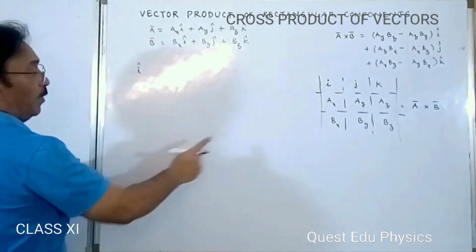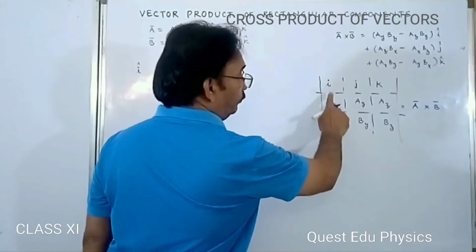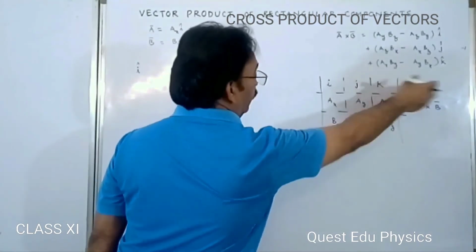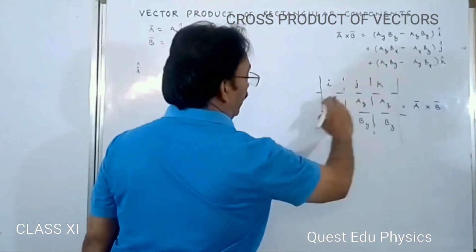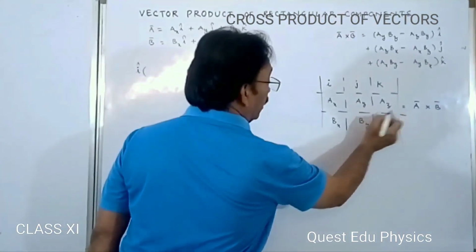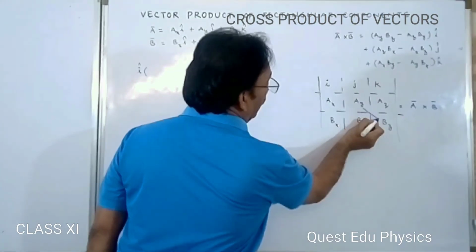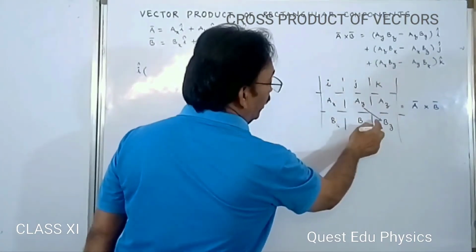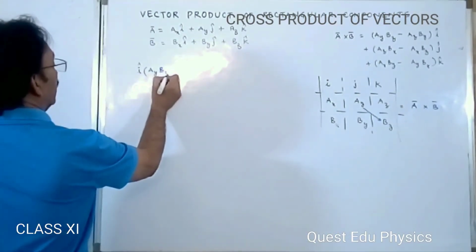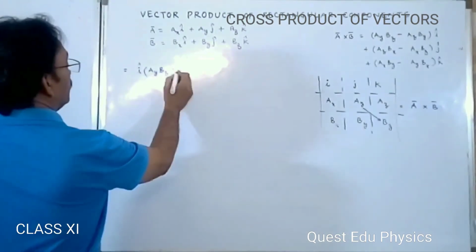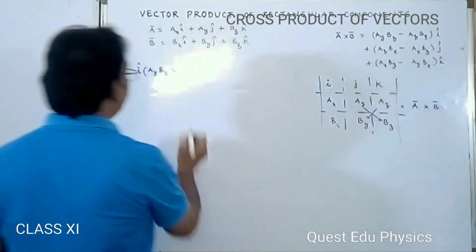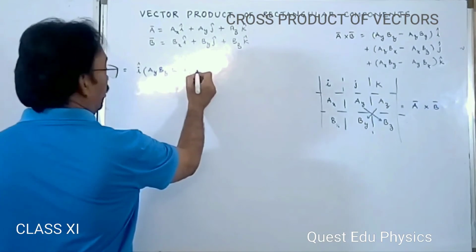We masked J, the one below the J and in front of the J. It is J K, and we took the I and we have to multiply. See this, we are going in this way. These two are masked, that means we have AY BZ minus AZ BY,